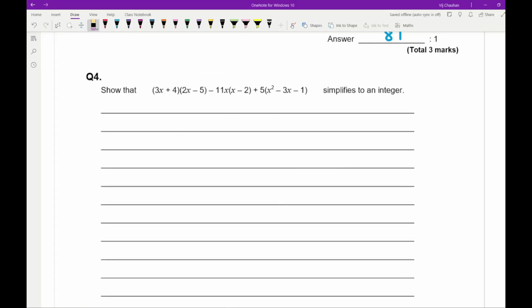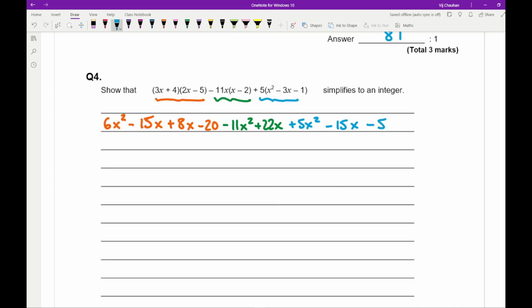Now moving on to question 4, it's asking us to show that the expansion and simplification of this algebraic expression simplifies to become an integer. For this, all we need to do is be mindful of the 3 sections of expanding the brackets. If we expand the first set of brackets, which is the double brackets, we get 6x squared minus 15x plus 8x minus 20. Then if we look at the second set of brackets, we get a minus 11x squared plus 22x. And then if we multiply out the third set of brackets, we get positive 5x squared minus 15x